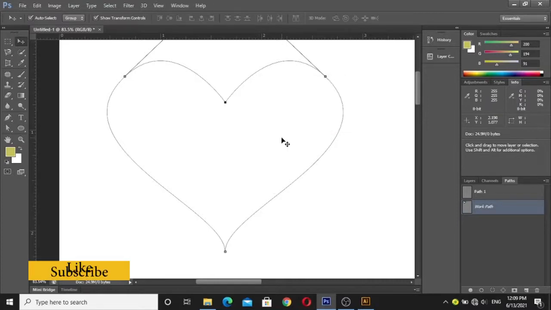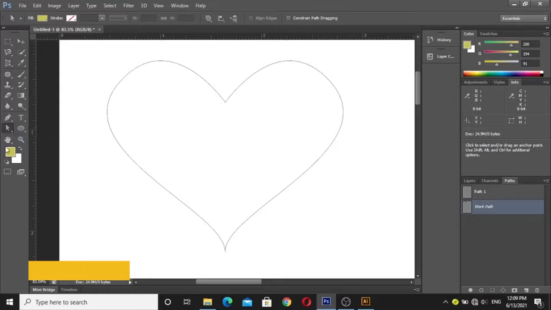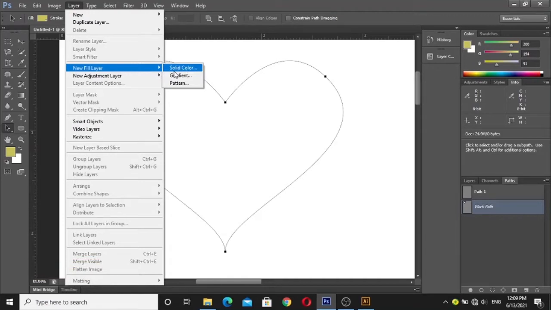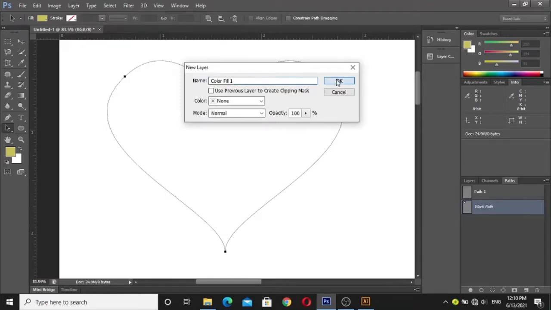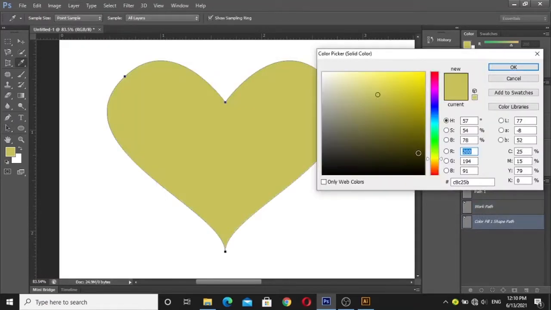Now I am going to fill this path. Actually, I am going to build a shape that will look beautiful, a red color. I am going to select this and use the solid color option. Okay, select the desired color.